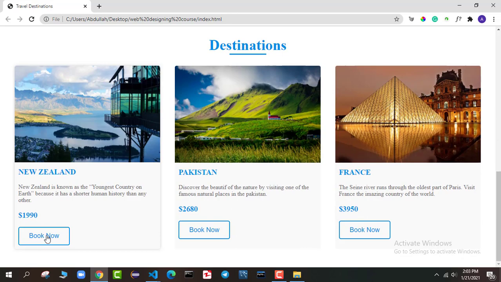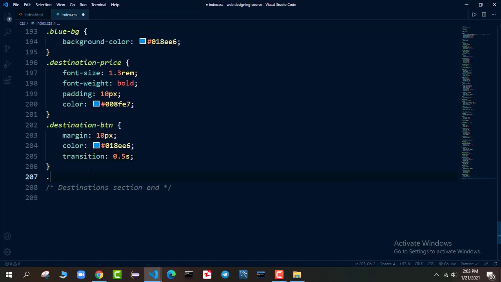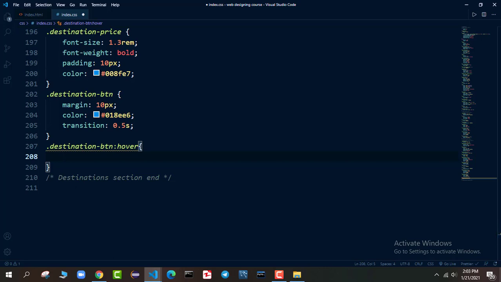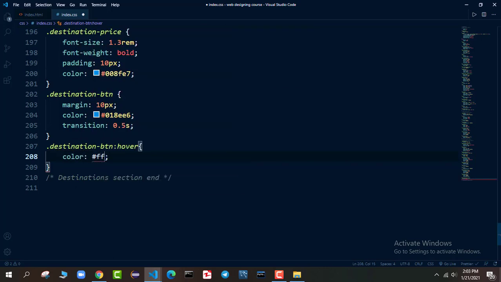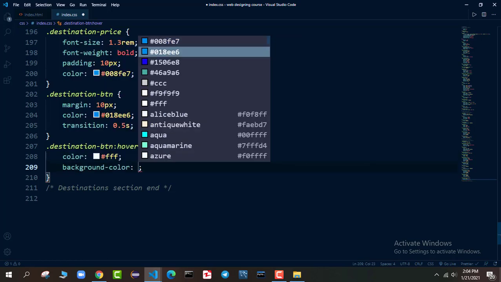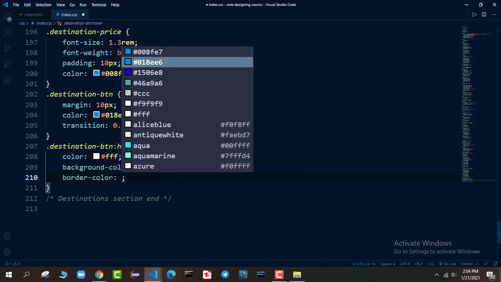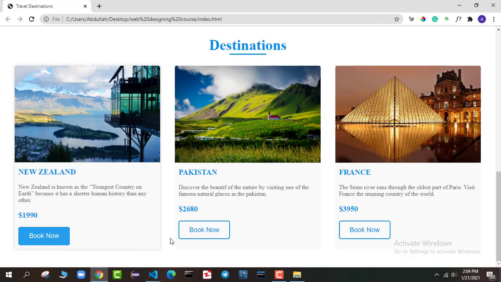So when someone hovers on this, there is nothing, but we need to add this hover effect as well. So we say destination btn hover. When someone hovers on this destination button, the color should become white, the background color should become this one, the border color should also be this one. If I go down, you can see this is the effect that we are getting.